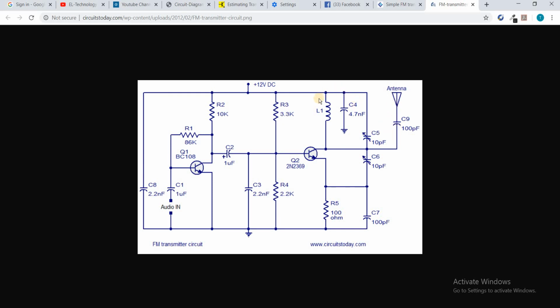Now this stage, the combination of the tank circuit and this transistor, is called the oscillating and modulating stage. This is where the modulation occurs in the circuit. In this way the circuit places the modulating signal on the carrier signal and sends it through the antenna to the receiver. Now let's move to